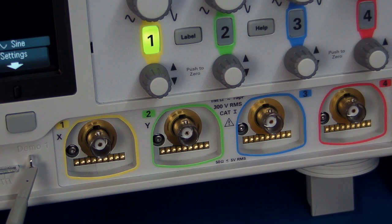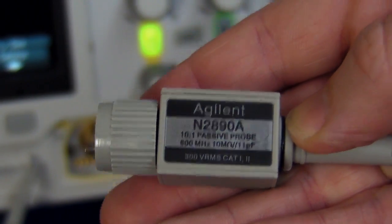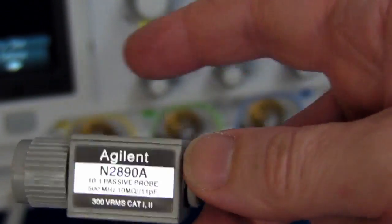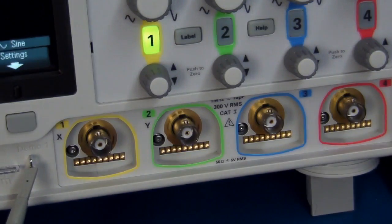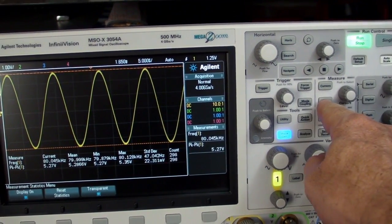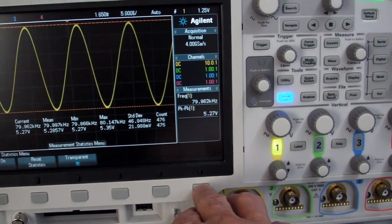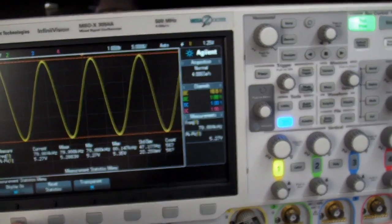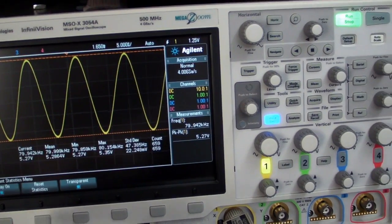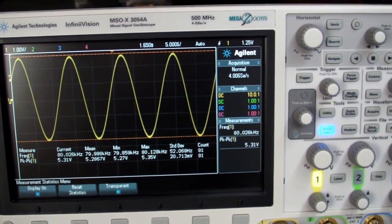There's a smart probe interface I was telling you about, and the 500 megahertz unit comes with a 500 megahertz passive probe, which is pretty much identical. It's a slightly bigger case to the 200 megahertz one which came with the 2000 series. I did find one extra feature buried away in the measurement menu here. It's got an extra statistics option for your main measurements, and you can switch that on or off. It comes up on the screen here, and we can reset the stats like that,